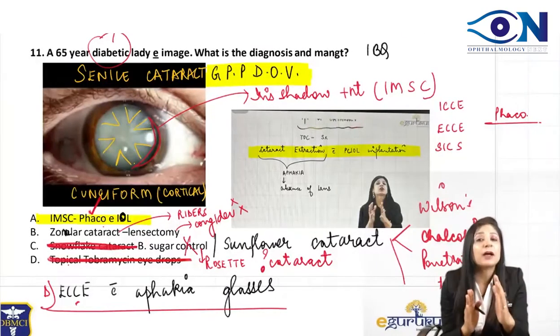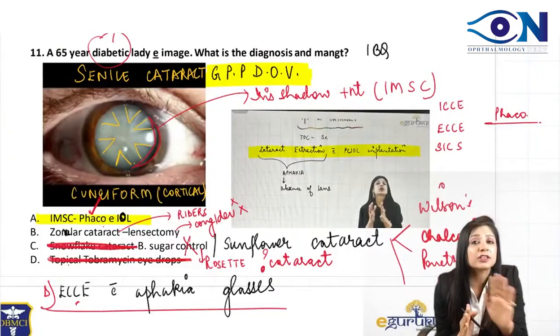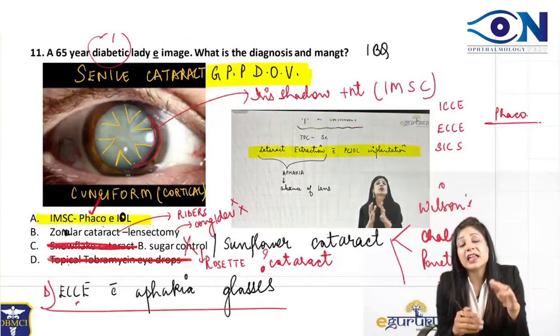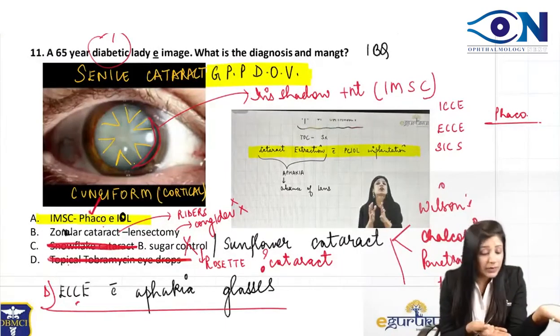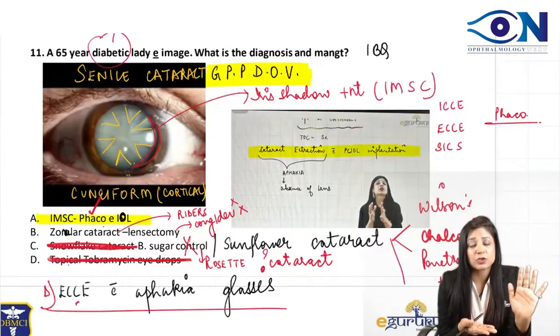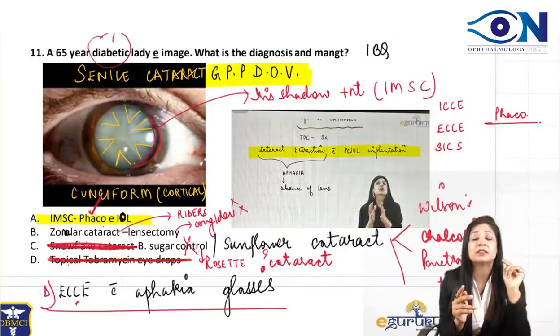Now if I talk about the diabetic cataract, then also you know that the most common is not the snowflake cataract, it is the pre-senile. Another important thing is that they have not even given you, because you people are telling me that snowflake cataract is not there in the options. Then there is no point of confusion. That means the only cataract that this patient can develop can be the pre-senile.